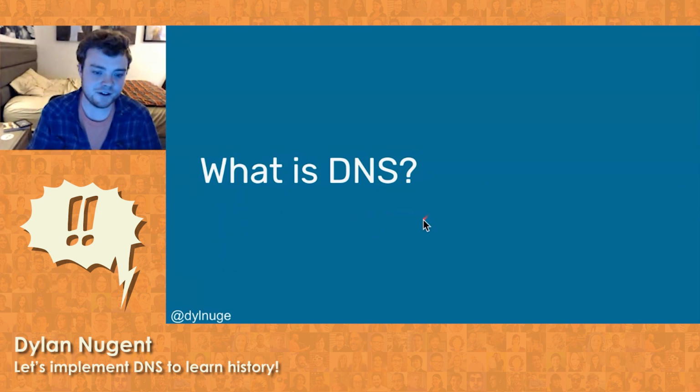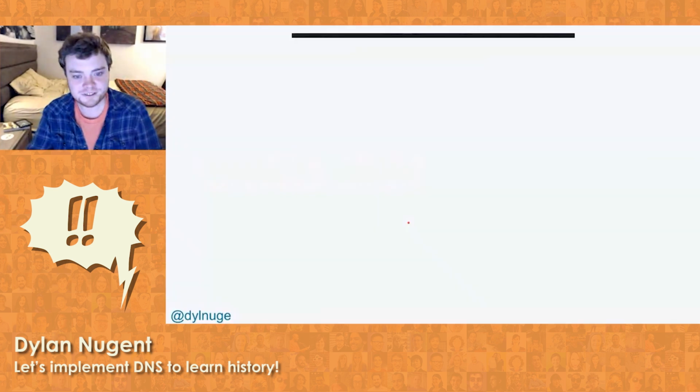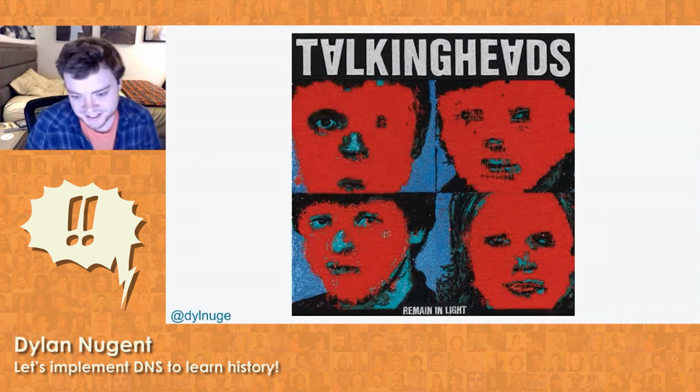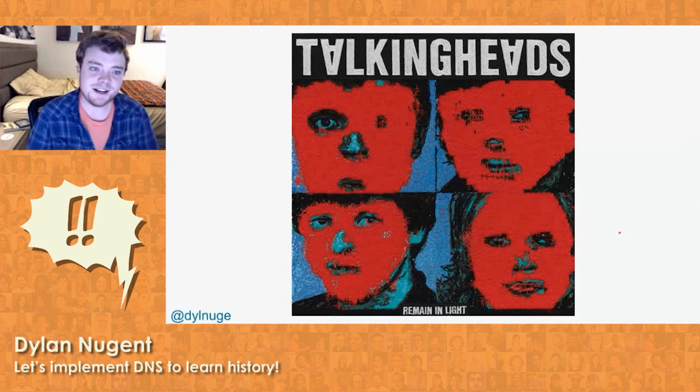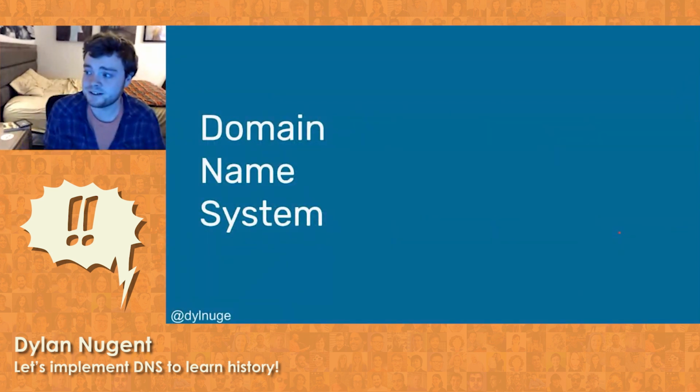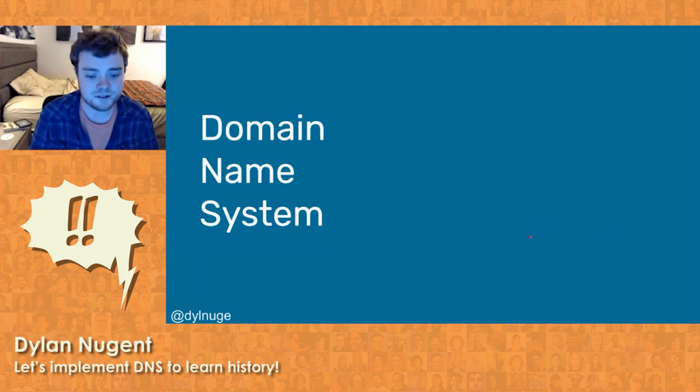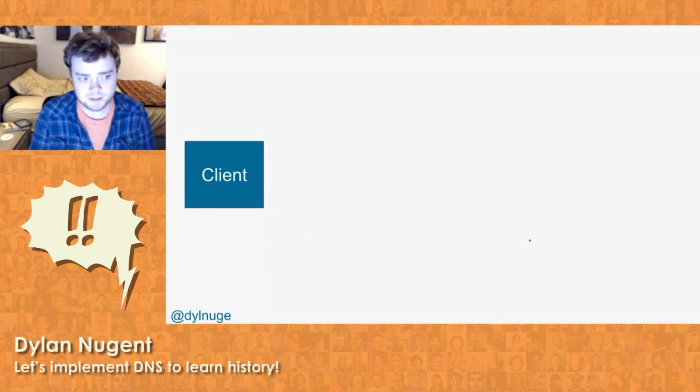You might find yourself on a website, and you might ask yourself, how did I get to this website? There's a lot of answers to that question, but a huge part of it is something called the domain name system, or DNS. DNS is a series of records about domain names like google.com and their locations on the internet and a bunch of other details that might be useful.